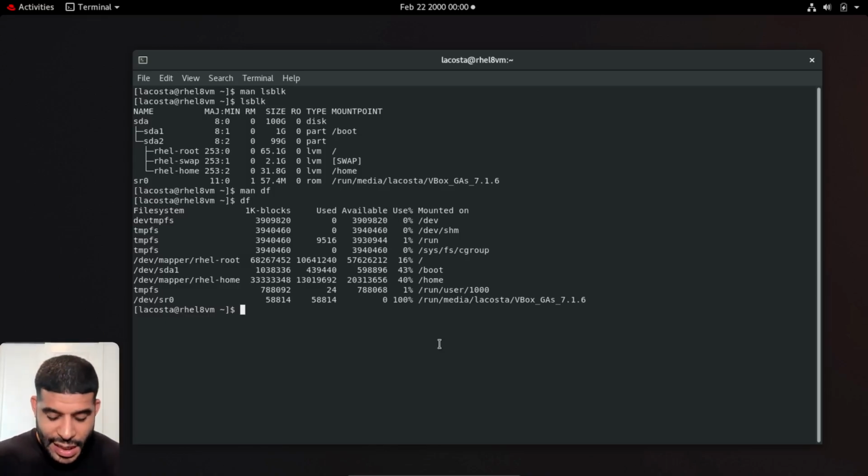By the way, guys, we can actually leverage the same command and point it to a directory to see what the file system is. And if you've noticed, your slash tmp, your temporary directory, temporary for temporary files, if we were to do a df on that directory, we should see that the file system is tmpfs. And that's a way that you can check to see what file system is associated with a particular mount point or a particular directory. So if I were to say df slash tmp,